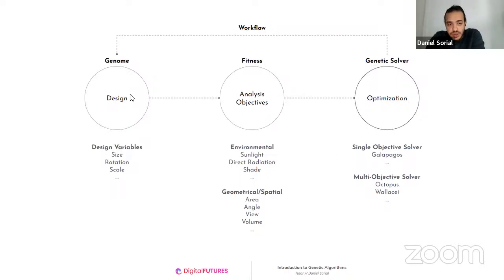So first we start with a design, and we specify design variables. Like if I'm designing a box, you have the size, rotation, scale, and so on. So those are the design parameters, and in terms of genetic optimization those are usually called the genome. Okay, and then after this, we move on to analysis or the objectives,